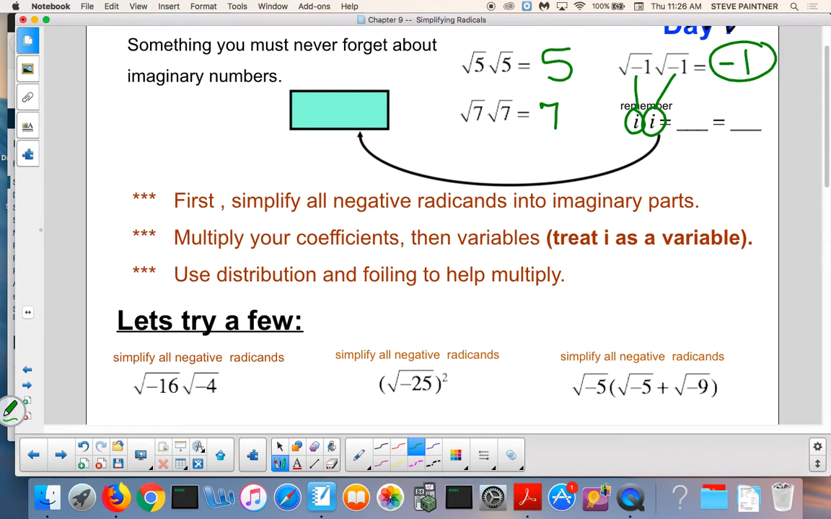Guys, we did this in chapter 5. When you take x times x, you get x squared. I times I, you get I squared. Wait a second. If this times this really means I times I, which is I squared, here you get negative 1. That means I squared must equal